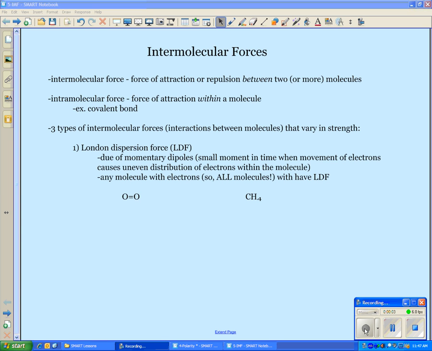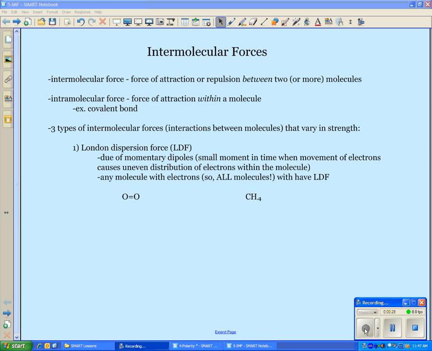Intermolecular forces are forces of attraction or repulsion between two or more molecules. The prefix inter refers to the word between. This sounds very similar to, but is not the same as, an intramolecular force. Intra means within, so an intramolecular attractive force would be something like a covalent bond, the sharing of electrons that